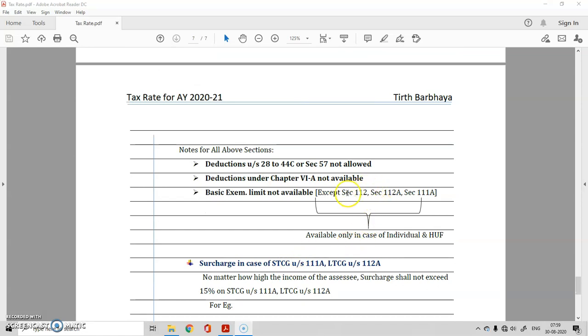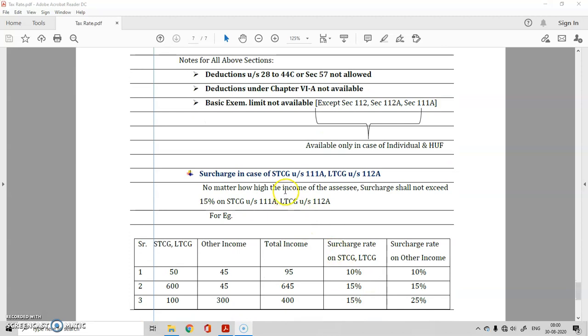That is, for sections 112, 112A and 111A, basic exemption limit is applicable only in the case of individual and HUF. Moving further, surcharge in case of STCG under section 111A and LTCG under section 112A. No matter how high the income of the assessee, surcharge shall not exceed 15% on STCG under section 111A and LTCG under section 112A. प्लीज यहाँ पे आप लोग ध्यान रखिएगा कि सिर्फ इन दो सेक्शंस के लिए ही जो सरचार्ज है वो 15% से एक्सीड नहीं होगा, बाकी सभी इनकम पे जो भी असेसी की इनकम होगी उसके बेस